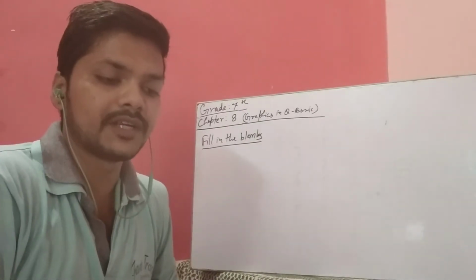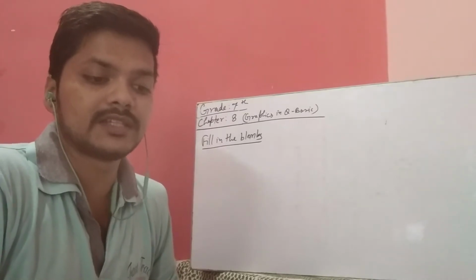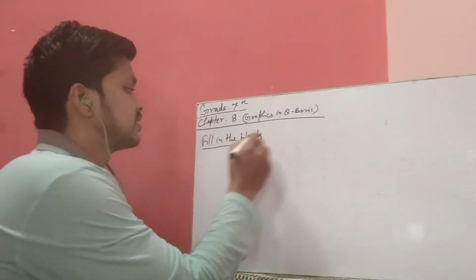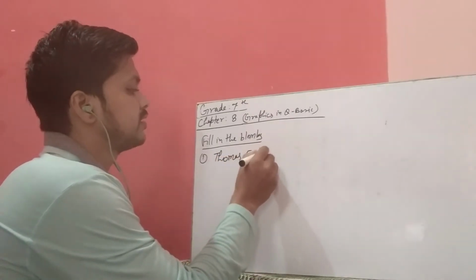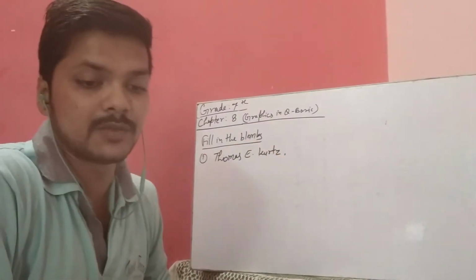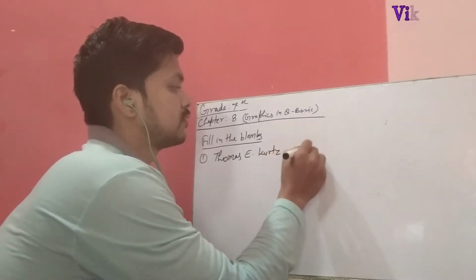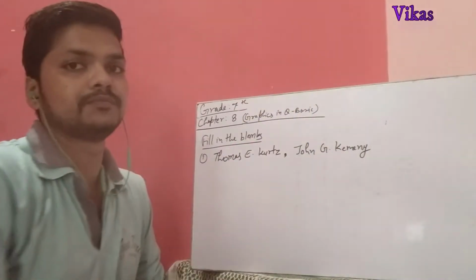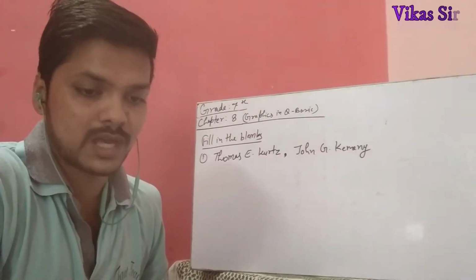So first question I am reading from the book, that is BASIC means Basic language. This language was designed by whom in 1964? So first we have to fill here Thomas E. Kurtz. So right here in first, that is Thomas E. Kurtz, and second name will be here John G. Kemeny. So we have to write second John G. Kemeny.